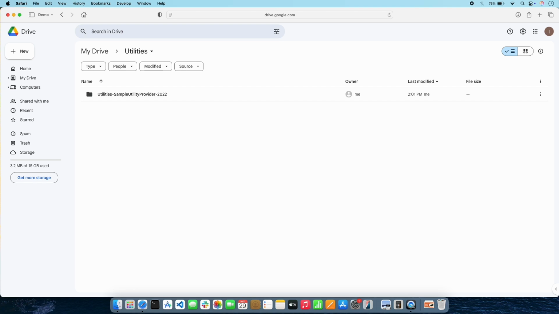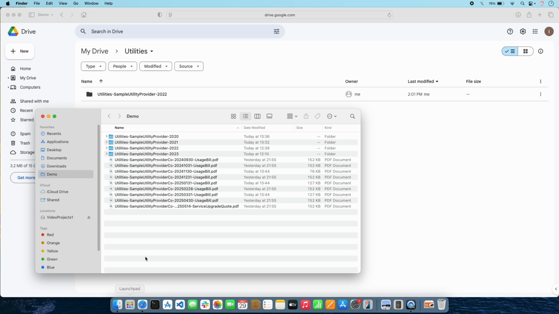Now, I said I would show two easy ways to upload folders to Google Drive, so here's the second way. You can also upload folders to Google Drive by dragging them directly from your Mac's Finder application. If you have a lot of folders to upload, this approach might be easier for you. First, open up the Finder application and browse to the location you want to upload folders from. As before, the spacebar can be used to preview folder details.